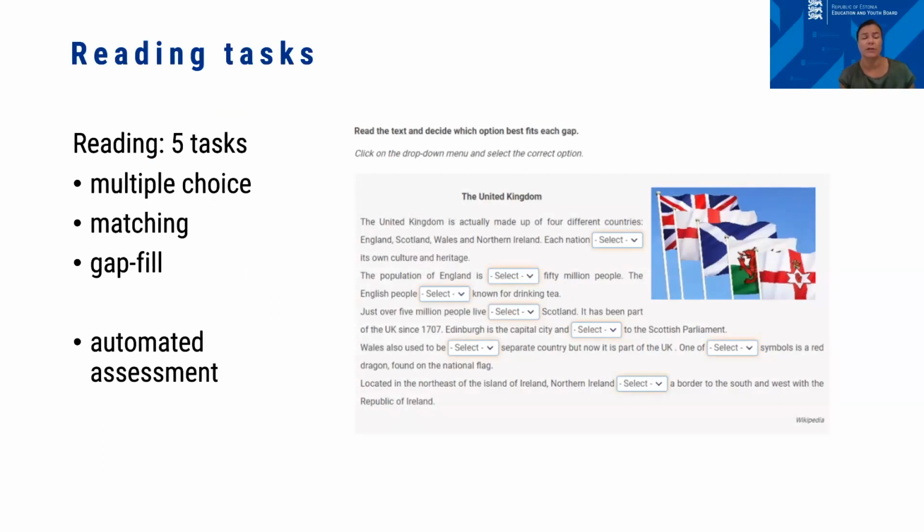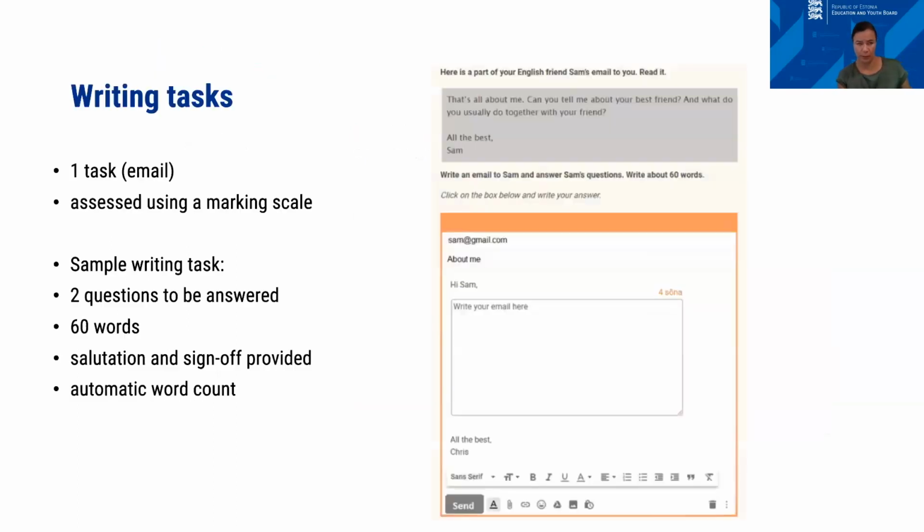All reading tasks are assessed by the computer, and as you can see, nothing long or difficult there. So a writing task for this level is a short task, usually an email or a short letter, and